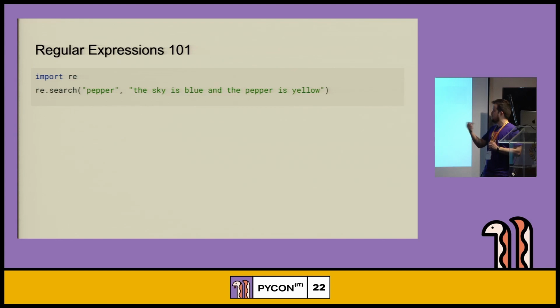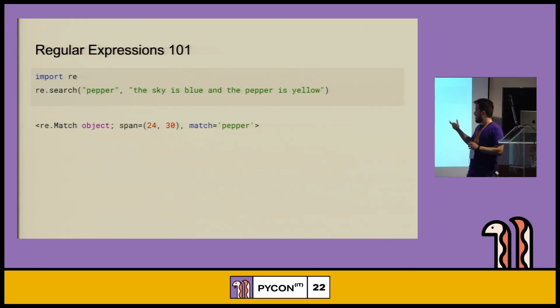You pass the pattern that you want to find, and it will look for the first location where the regular expression pattern, in this case pepper, produces a match, and will return a corresponding match object. So the sky is blue and the pepper is yellow. It returns a match object. Basically, it has the chunk of text that was matched together with some extra info, that is the start and the end of the match.